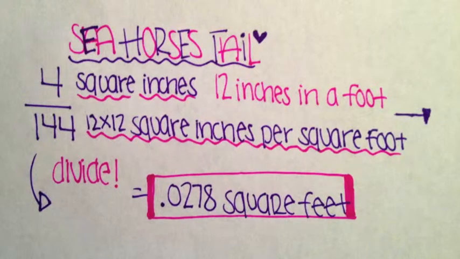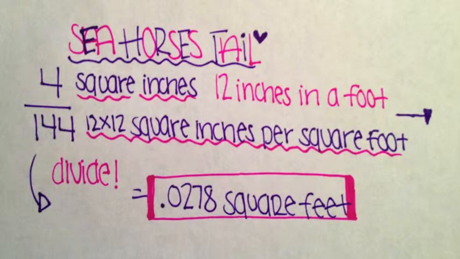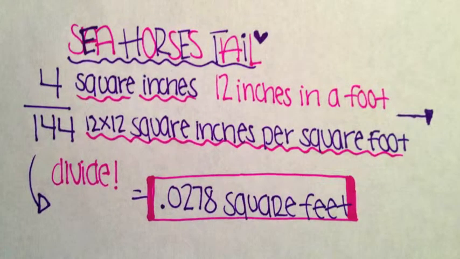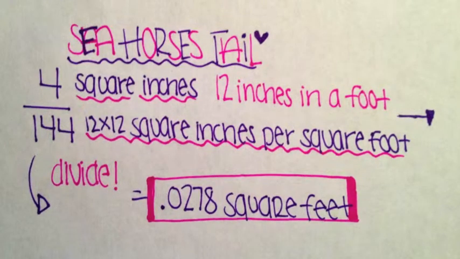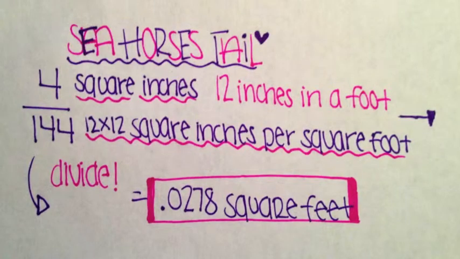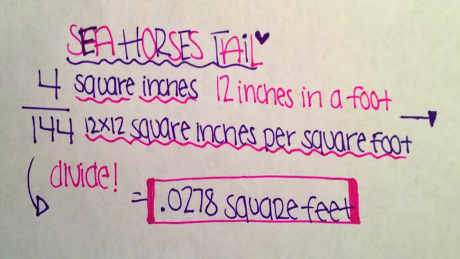To convert this number to square feet, you need to know how many inches are in a foot. We know that there are 12 inches in a foot, so taking that one step further, there are 12 times 12 square inches per square foot, which comes out to 144 square inches per square foot. Therefore, the area of the seahorse's tail would be 4 divided by 144 square inches per square foot. In our example, the original number of square inches becomes